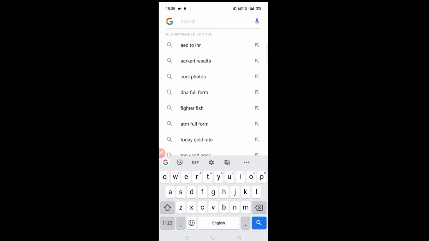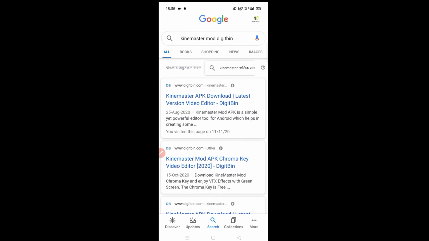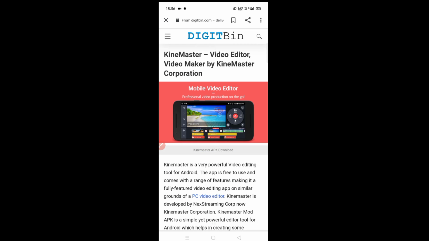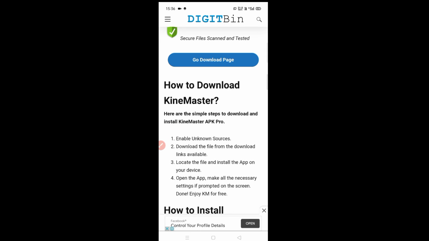So first you all need to open your Google app and type Kinemaster Mod digit bin, and as you all can see, this first website, Kinemaster APK download latest version video editor digit bin. So all you need to do is just click on this website, and after the website opens, just scroll down and you will be able to see this go download page. So just click on this page